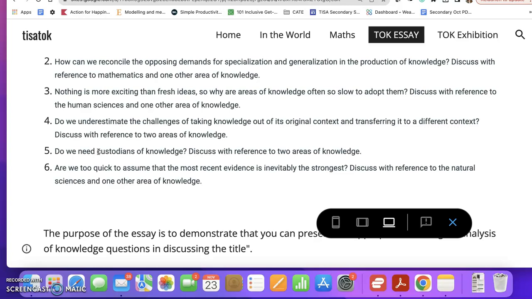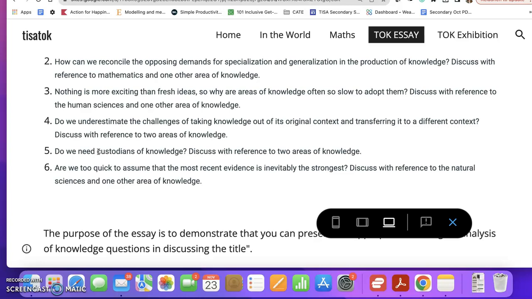Maybe she would make a connection to one of her natural sciences classes and say, are custodians of knowledge as necessary in the natural sciences? Then she could take an example from maybe her bio IA and talk about who acts as custodians of knowledge in the natural sciences.